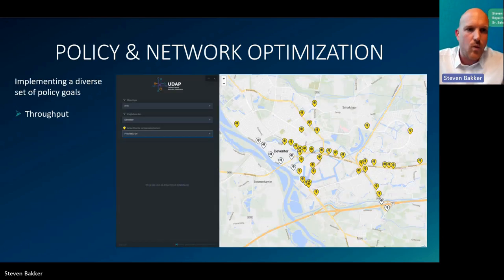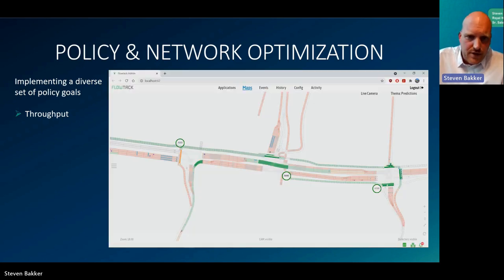So one policy goal is that they want to improve the throughput of certain corridors. So how do they achieve that? With the video that's playing now, you'll see the dots lighting up, and those dots are connected vehicles. Either they are connected with an app or with the in-car system towards the ecosystem that I described before. And because they are giving their data towards that system, we can see them inside our software,